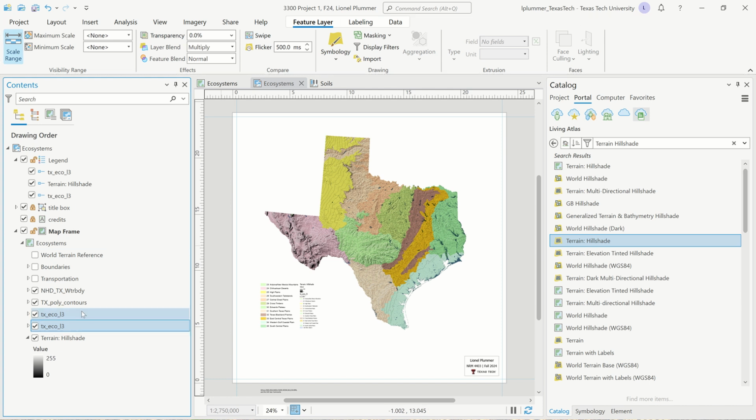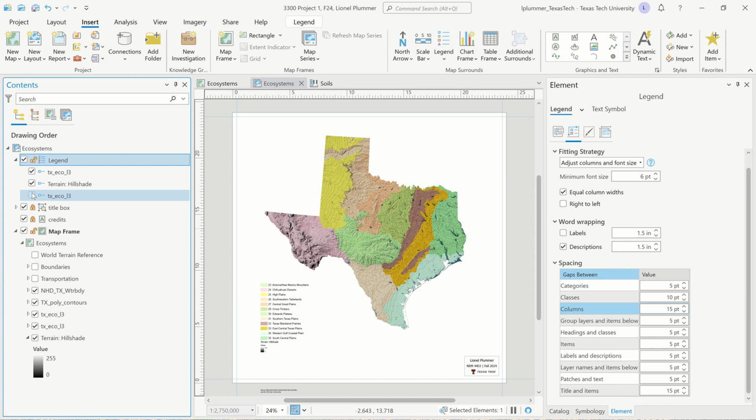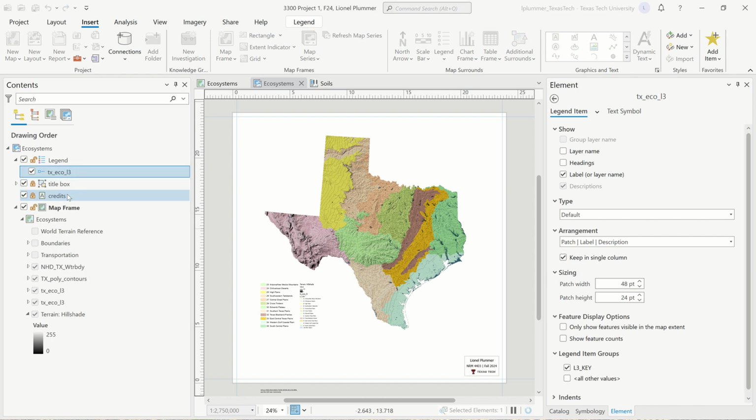and let's go to our legend because we have some issues there. It put in the second ecosystem layer that we made. So we need to take these two bottom ones out. So shift, select, right click, remove. Okay, good. We're back to where we started. All right. Now,